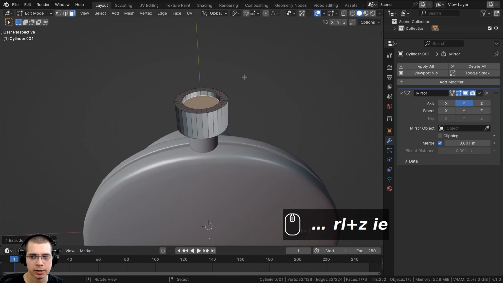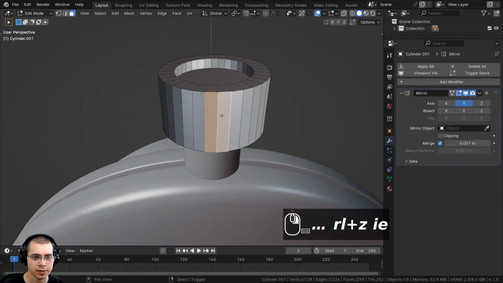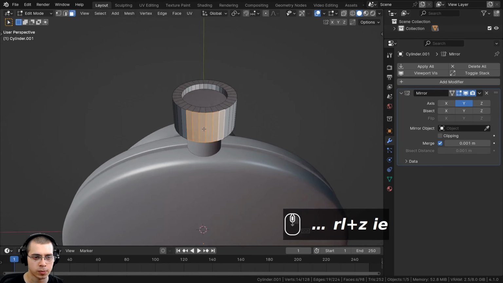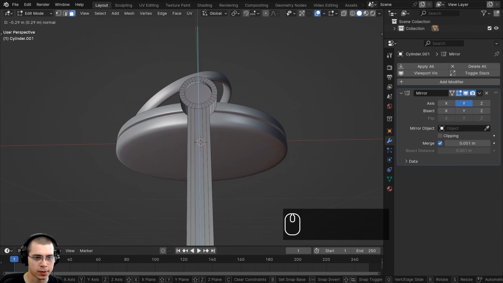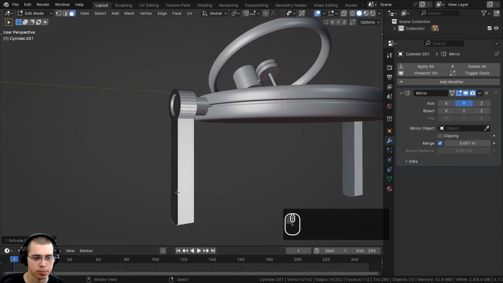And then I want to go down here to the bottom, and I want to hold down the shift key, and I want to select the faces here on the bottom, and I'm going to select the 6 faces which are there on the bottom. And I can now extrude them, and I'll bring them down on the Z-axis just like that. You can make them pretty long.